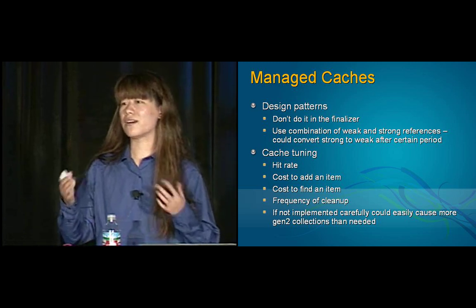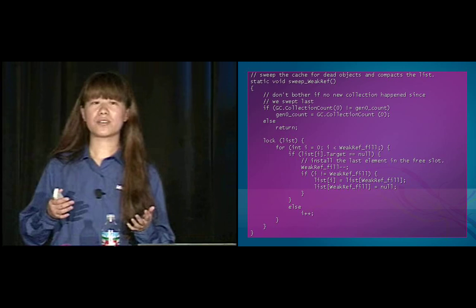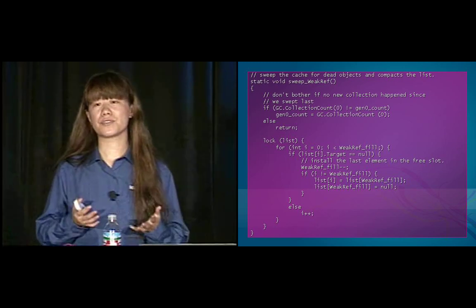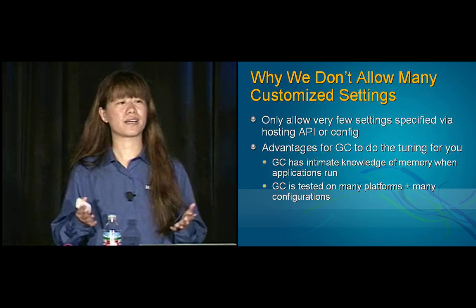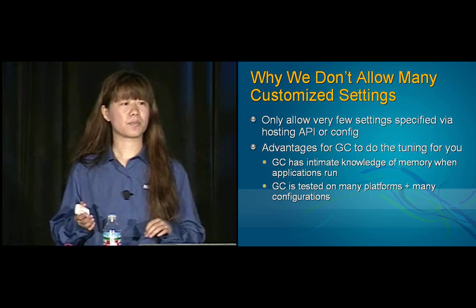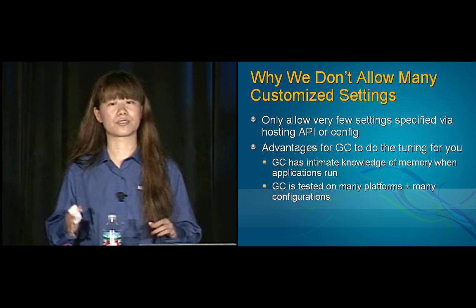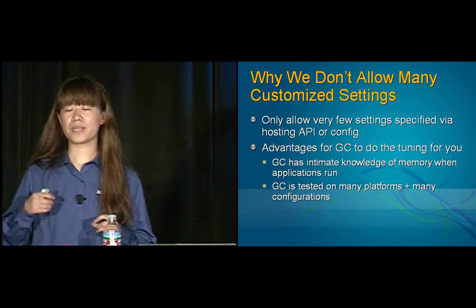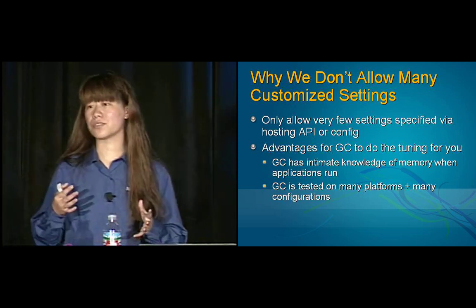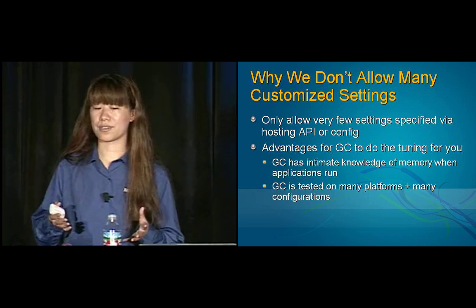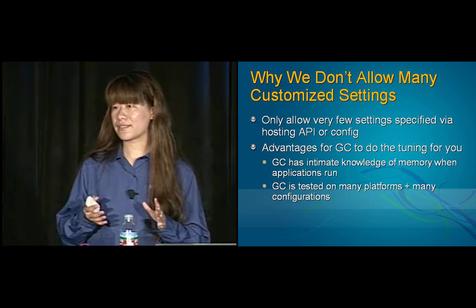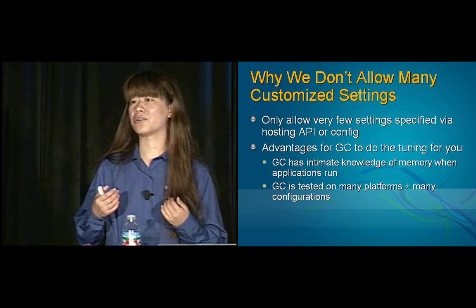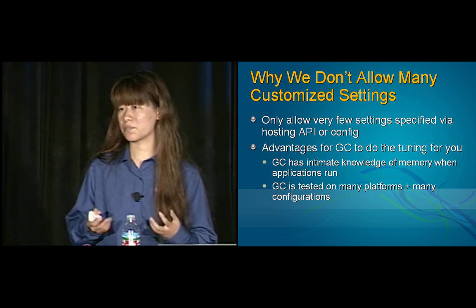Okay, so after we talked a lot about GC, you probably noticed that we allow very few settings that you can customize. So far, we talked about how you can specify the GC flavors, turn concurrent GC off or server GC on, and we also give you options to turn the VM hosting feature on if you're a host. As a matter of fact, the CLR GC doesn't allow many settings for a user to customize, and that's